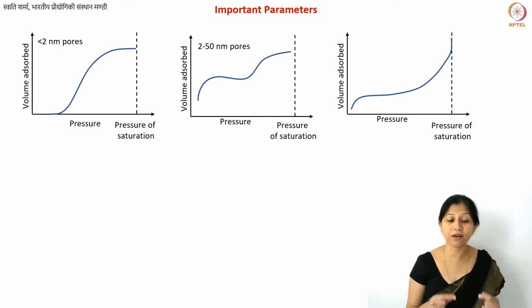But often when you plot the isotherms, especially if you're doing it using computer software, then you may lose that information. So it will be good also to have a look at the raw data. That will give you better information. What is the region where you have more pores?